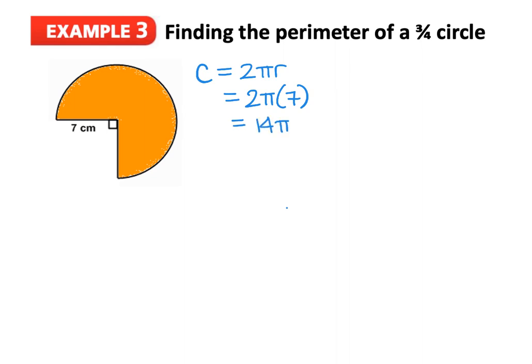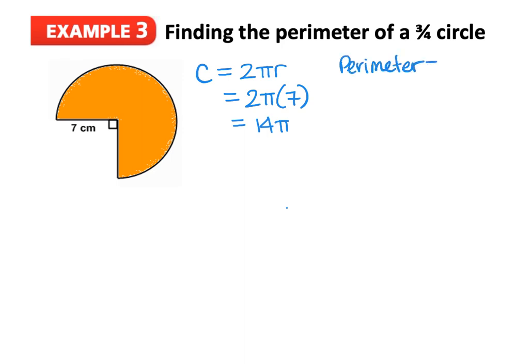And now we have 3/4 of the circle. So that means we have 3/4 of the circumference. So notice that I'm stressing the word of here because we've talked about this before. When we have a fraction of something, it's saying we are using multiplication. So our perimeter